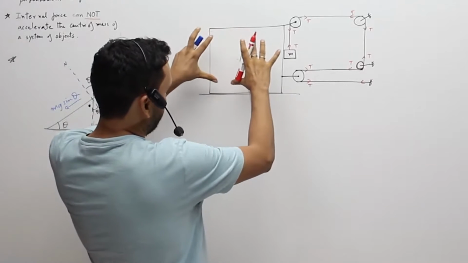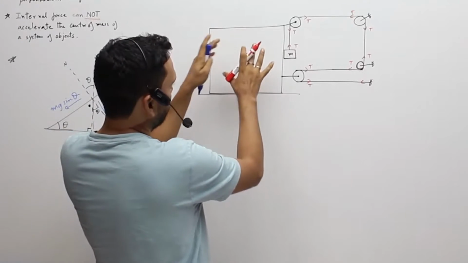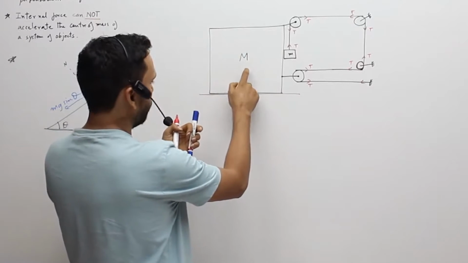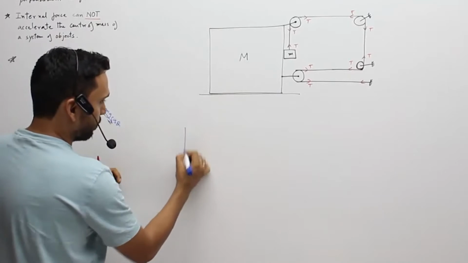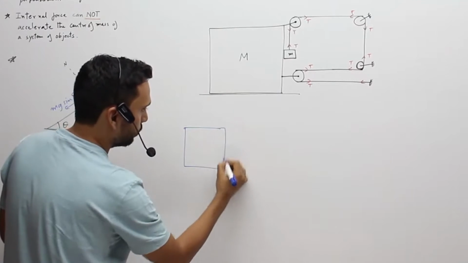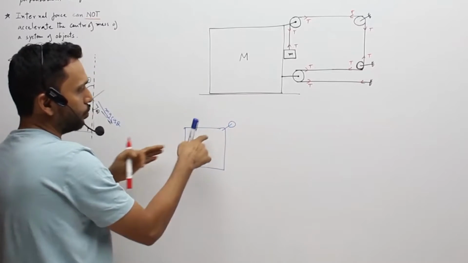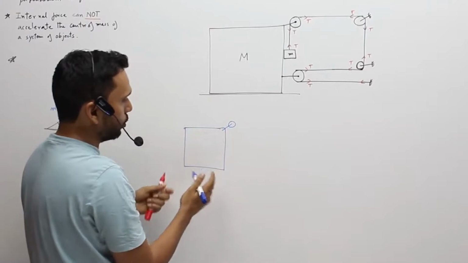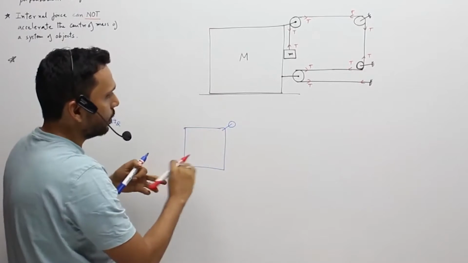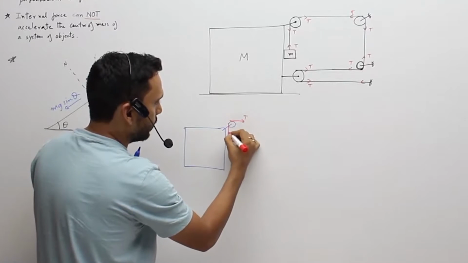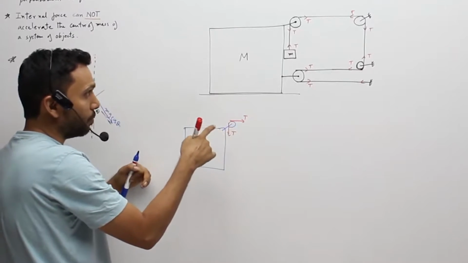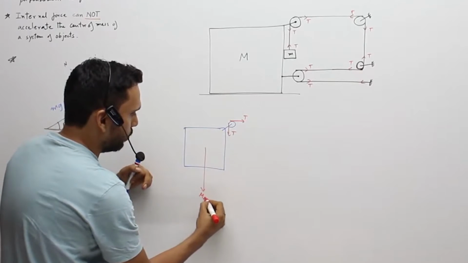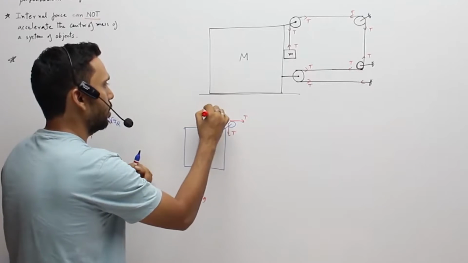So this main mass, if I draw this mass separately, then what all forces is it having? I'll draw all the forces on this mass in a separate diagram. Mind you, the pulley is part of the mass. If I pull the pulley, the mass gets pulled. So any force on the pulley is supposed to be acting on the mass itself. So what is that? There is a T here, there is a T here, which is what people might miss out. Then you have your weight mg, which is being countered by N.